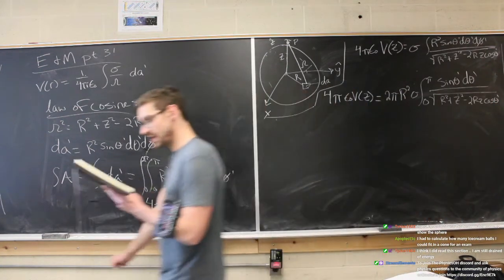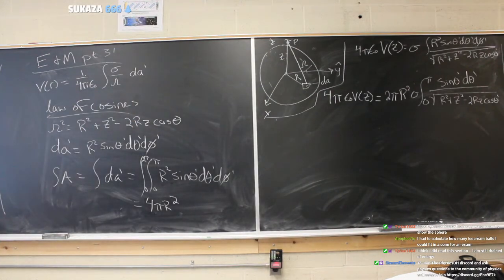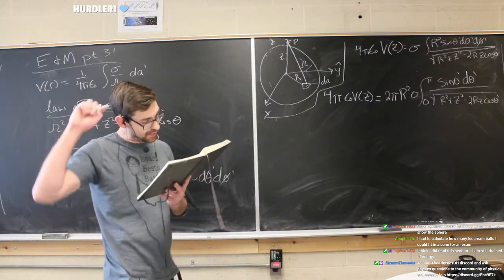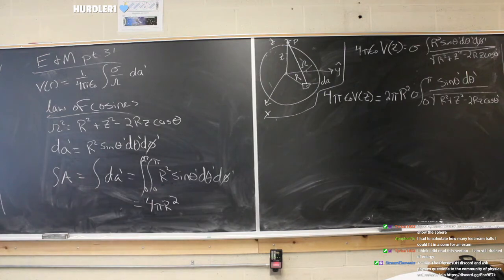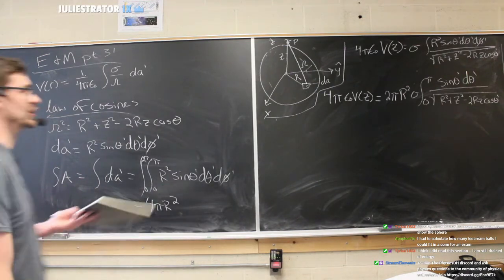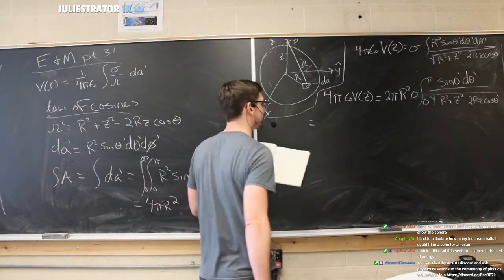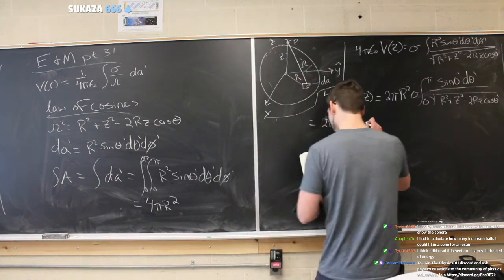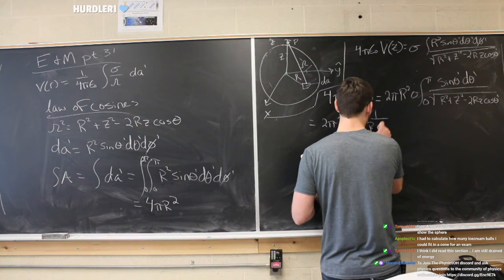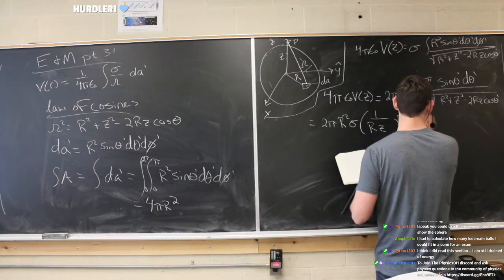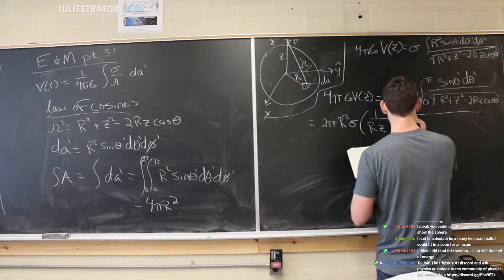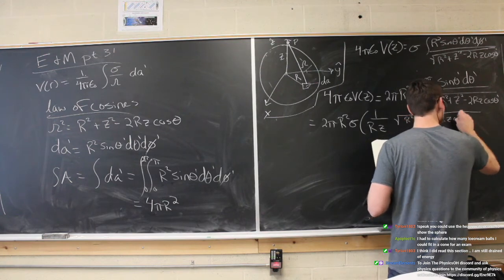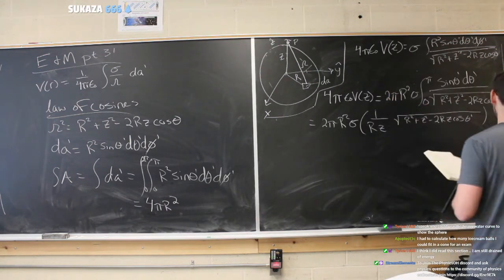Okay, now next up we're going to do this integral. And this integral is not too bad. I think it is a u substitution, if I remember correctly. I don't think it's a trig substitution. Maybe someone who's better at integration can remind me if this is a u substitution or a trig substitution, but I'm pretty sure it's a u sub. So what does that equal? It equals 2 pi r squared sigma times 1 over rz, so this is going to be the result of the integral, times the square root, basically what was in the denominator, r squared plus z squared minus 2rz cosine theta prime. Oh, and this is going to be evaluated at 0 and pi.